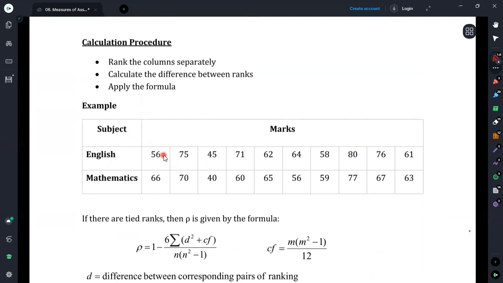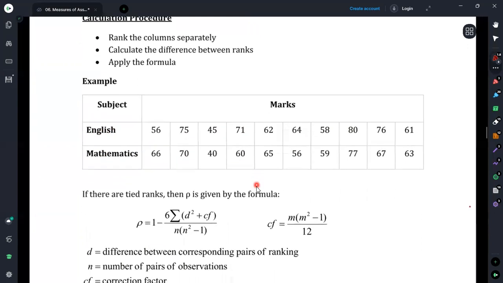Therefore, what we need to do is rank the data separately, and thereafter we can perform the calculation. Since it is given row wise, I will write them in column manner. I will include the marks of English in the first column and marks for mathematics in the second column. Therefore, if I create the table,